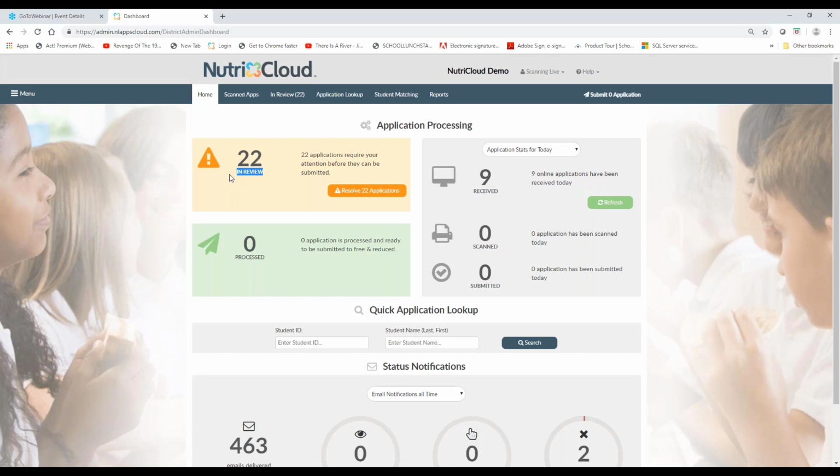If there are no issues that need attention on those applications, then they will be matched up and processed, and they will actually be sitting in the process section, and that number will also reflect in the submit application, because the system does not automatically submit those apps for you. So we want those to stay in there until you submit them, because some of you have the NutriKids,